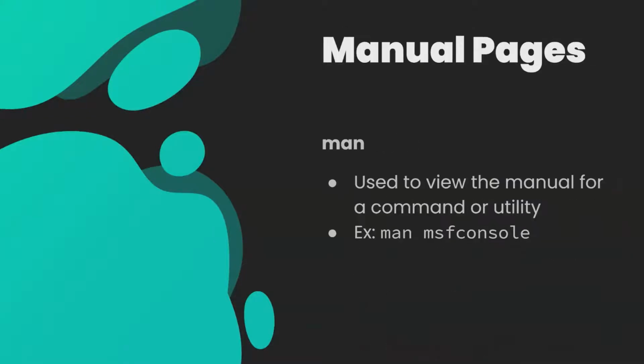Let me go back to the command prompt. Yeah, manual could be used on almost any command. So you would type in man, and then you would type in the command that you want to find the manual page for. So let's say, for example, you don't know how the apt package manager works, and you want to know how to use it. You would type in man space and then apt, and then that will show you the manual page for the apt command.